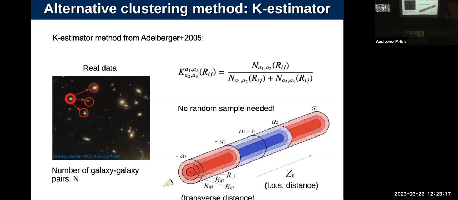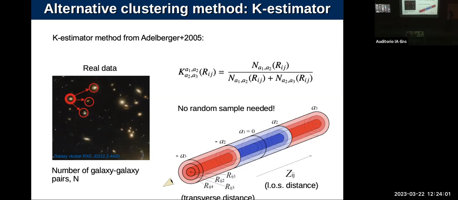If I show you the visual representation of the method and also the equation, the idea is the following. What you see here is a sample of cylinders, each of them with a different radius and also a different depth, determined by these 3 parameters. The different radii of the cylinders are just bins that I make in transverse distance between the galaxy pairs. Then you have the different depths of the cylinders, these 3 parameters, which is exactly the same but for line of sight distances between galaxy pairs. These will be 3 fixed parameters that I fix from the beginning in such a way that I optimize the signal to noise. So we can forget about these 3 parameters. I will just fix them, making some tests.